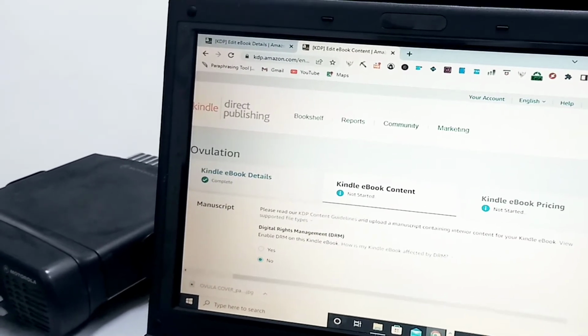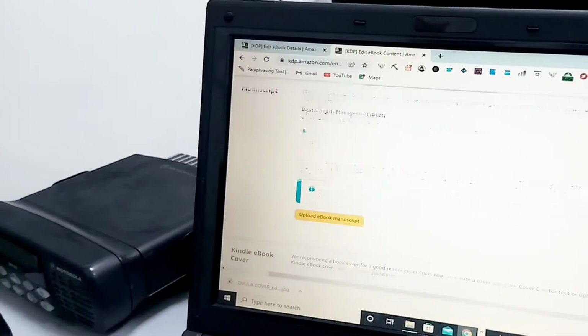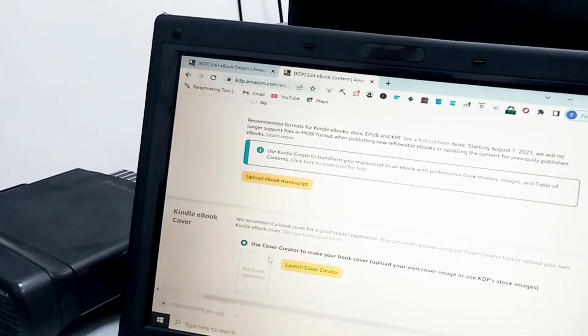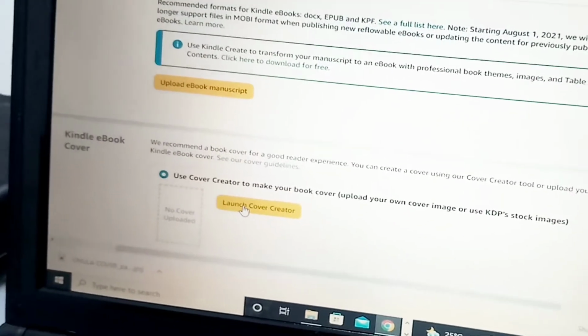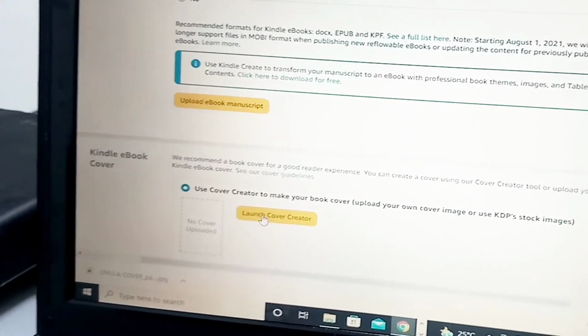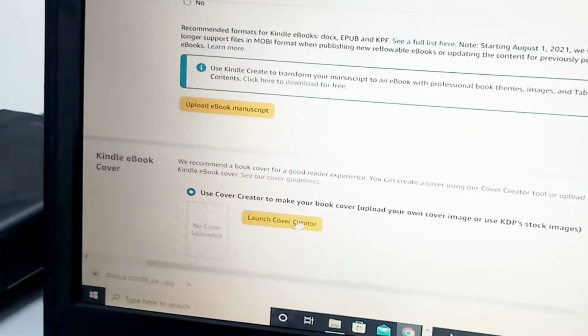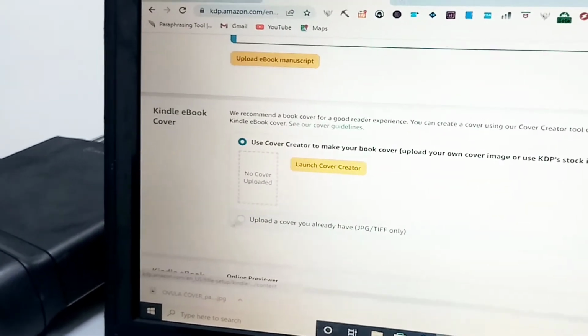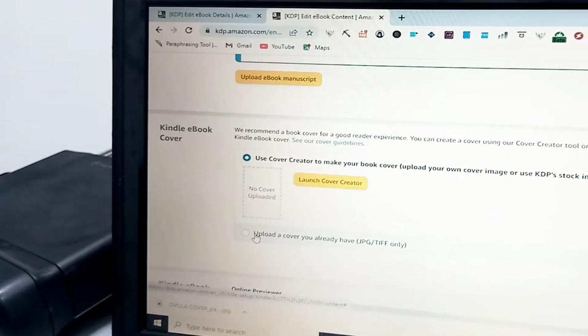All you need to do, since it's ebook, you click on yes. Even if it's not ebook, you click on yes. You upload your book here and you upload your cover. If you want to generate your own cover from Amazon, you can just launch this directly. But if you are not generating from Amazon, you can just come here and click on upload a cover you already have,